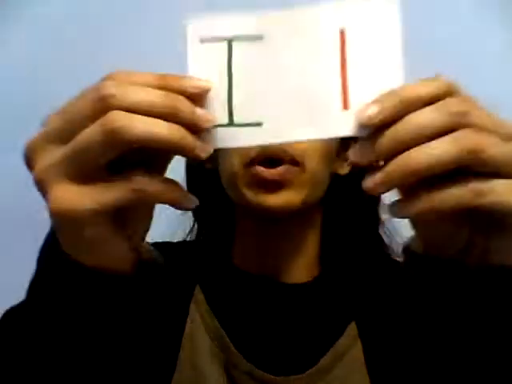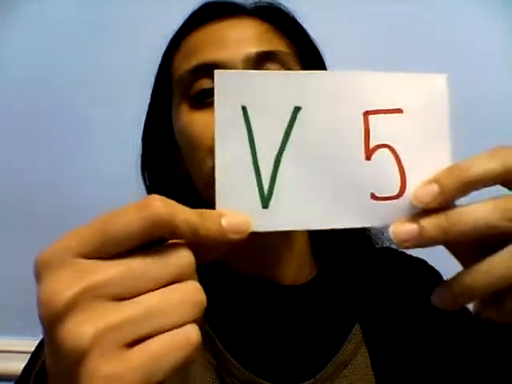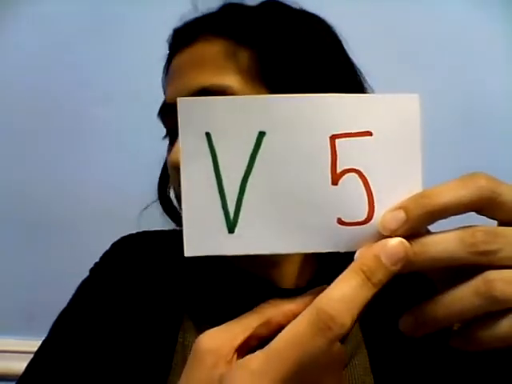So for example, to represent the number 1, they'll use the letter I, okay? So I means 1. Now, to show the number 5, you use a V. So the letter V stands for 5. To show the number 10, you would use an X. So you use the X to show the number 10.